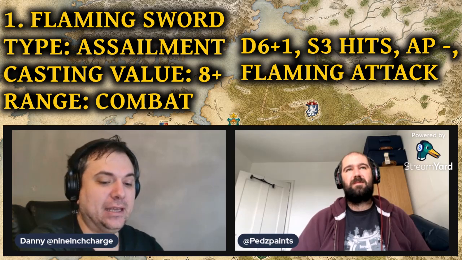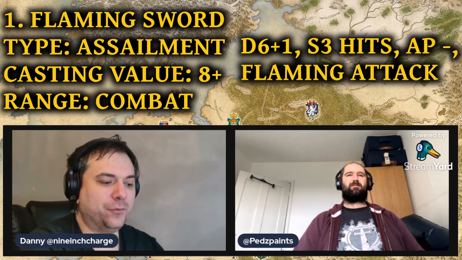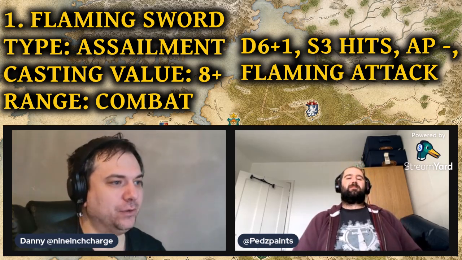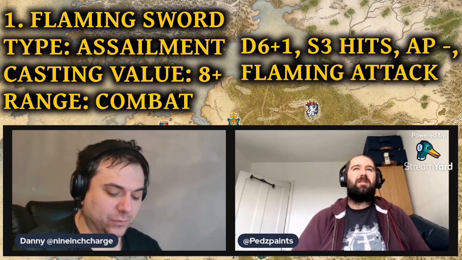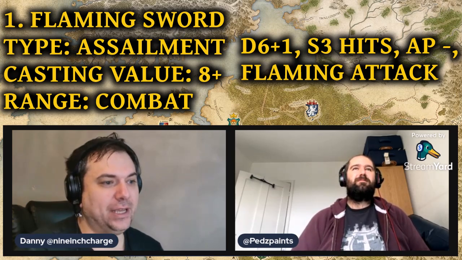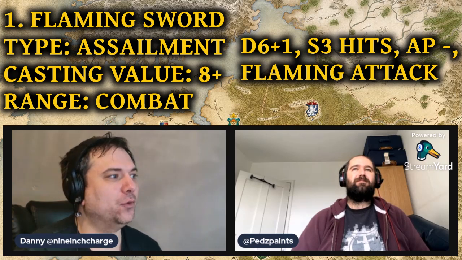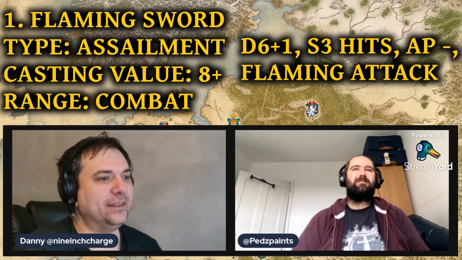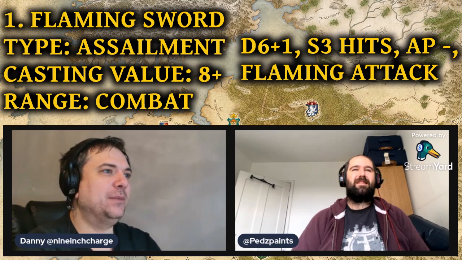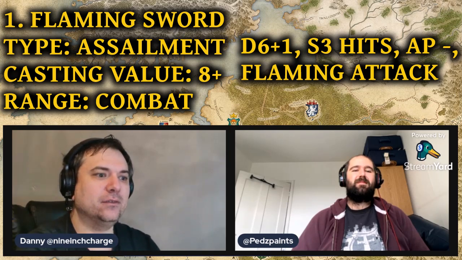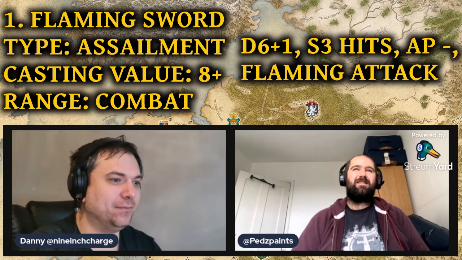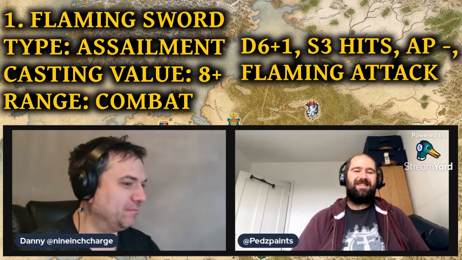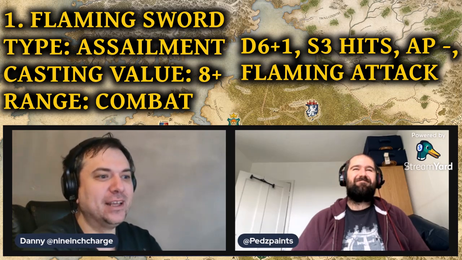So for me, as a Wood Elf player, if somebody charges into my Glade Guard, they're strength 3 with no armor save. And if someone charges in with them and they do 7 strength 3 hits, AP of dash, 3 or 4 are going to die, and there's like 10 in the unit. So you could reliably wipe out a third of a unit of chaff with a good roll, if it was really, really bad, poor elven just wearing cloth chaff.